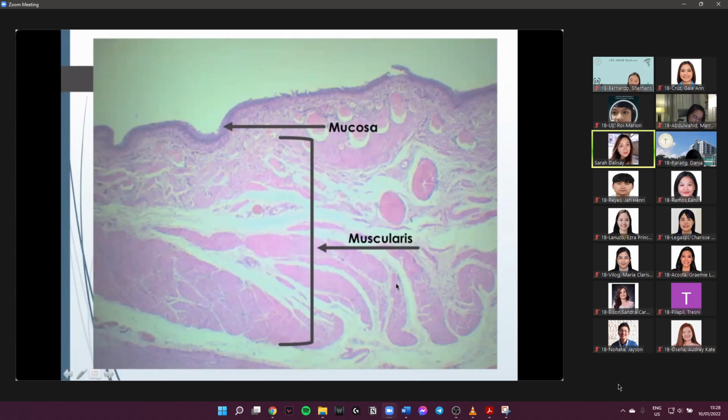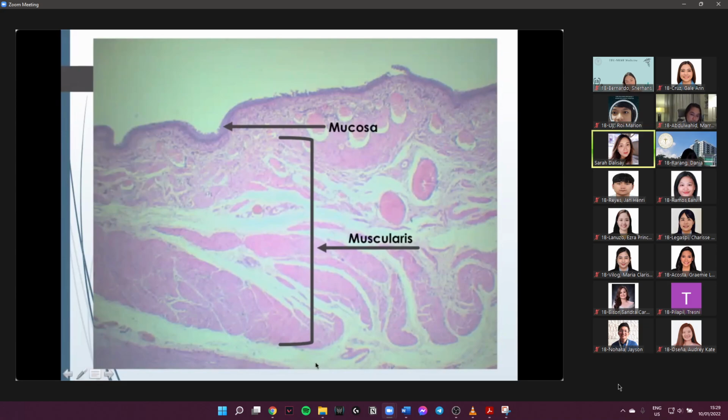But what we can say about the muscular layer is that they cannot be separated. It's difficult to separate which is the sublayer. And anyway, as a whole, we call this muscle layer the detrusor muscle. Okay. And another thing we'd like to say is that as for the outermost layer, which is usually tunica adventitia,